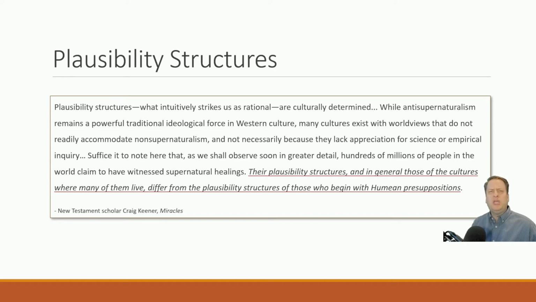What does he mean by Humean presuppositions? Well, philosopher David Hume, long ago, developed a lengthy, involved argument against the existence of miracles. And it has been so influential for so long that a lot of people still nowadays operate from assumptions that he developed in his writings. So David Hume has been very influential in the spread of ideas of non-supernaturalism,